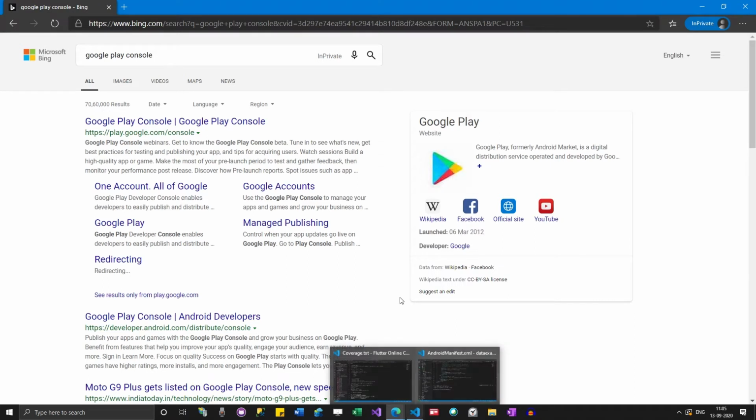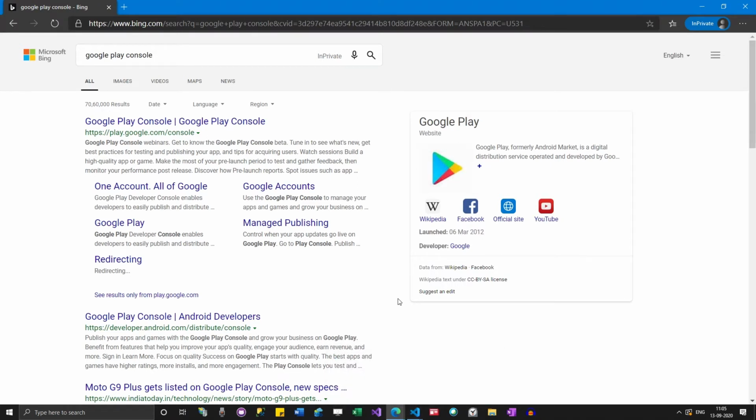Apart from the changes you do to your app, you need to publish that app somewhere on the internet, so that it will be listed in Google Play. For that, we have something called Google Play Console.